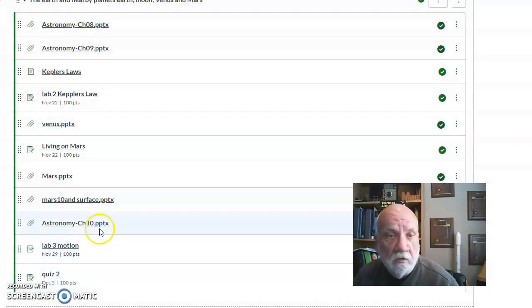So I'm going to put together a couple more charts here, a couple more little videos about certain aspects of things we need to cover. And this is where we are. So this is the unit we're on right now. We've been talking about these. We've talked about Kepler's laws. Some of you have done some labs on this. Woohoo, very good. Appreciate that.